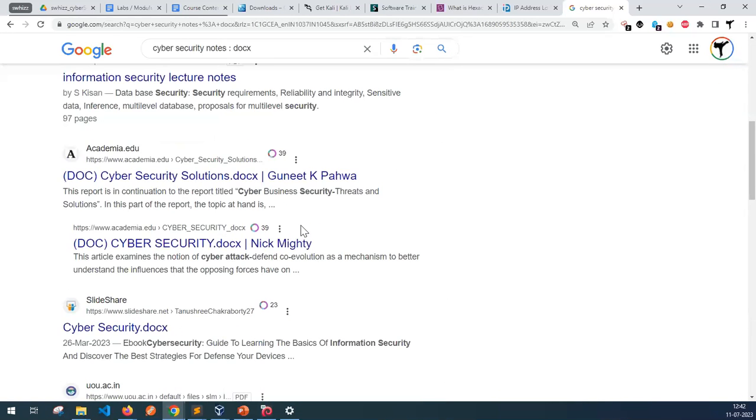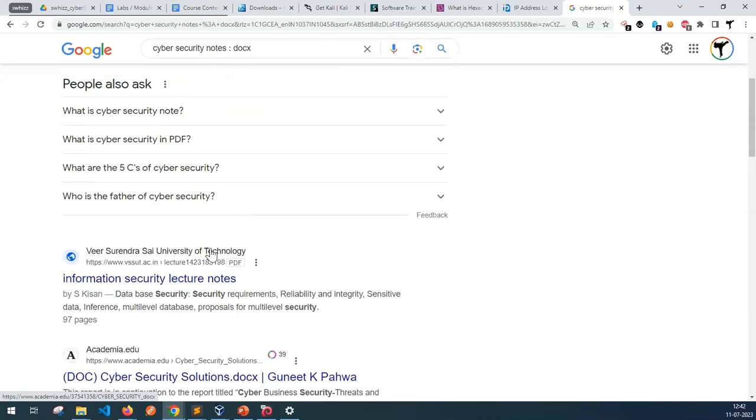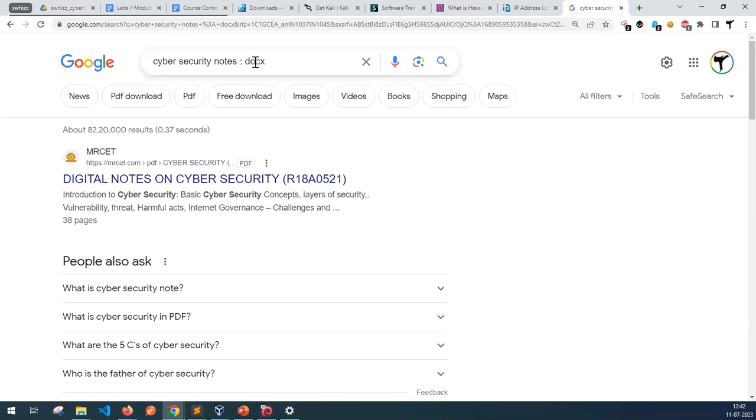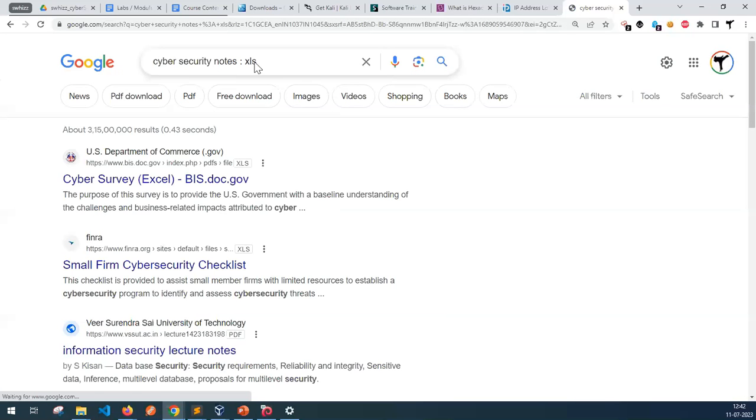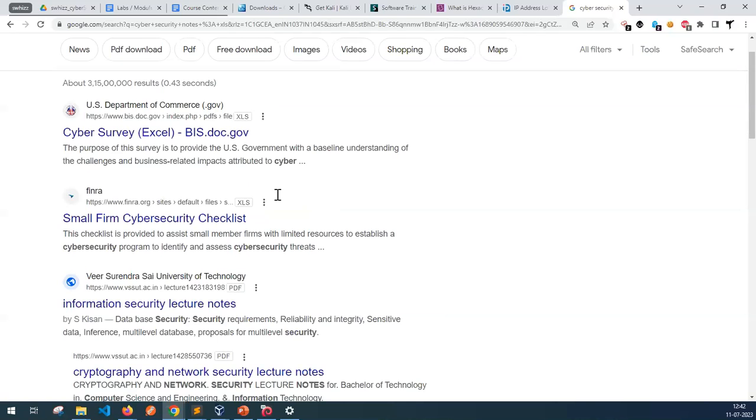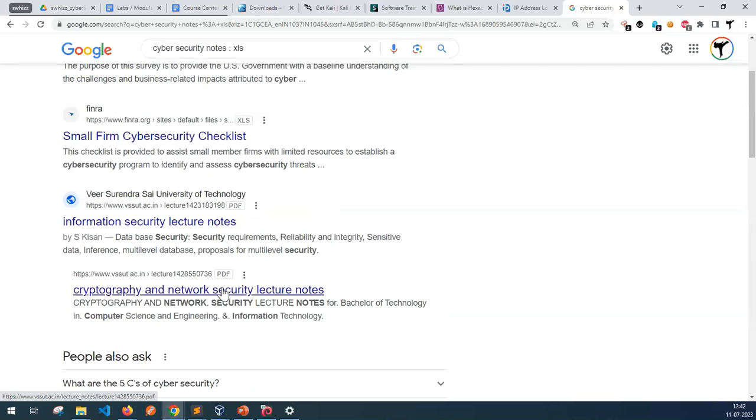Anything came up? Okay, you see, this particular format is docx, right? Now, let's say, for example, I want to do cybersecurity notes in XLS format. So all the articles or feeds which are going to show up will be in .xls format. You see file type XLS, okay, PDF, right? So this is one small technique which you can use for better search engine